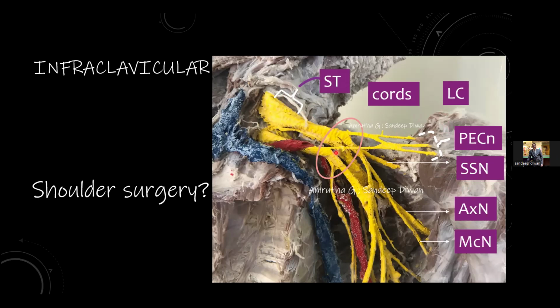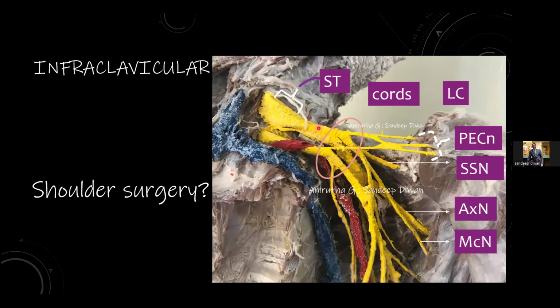Now, we are trying to see whether if you inject at this point, that is at the level of the posterior cord, whether it would suffice for the blockade. Naturally, the pectoral nerve, the axillary nerve, the musculocutaneous nerve, and the subscapular nerve, which is not seen here, can be blocked with the infraclavicular, but not the suprascapular, which would be arising from this point. So when I went back and did some,